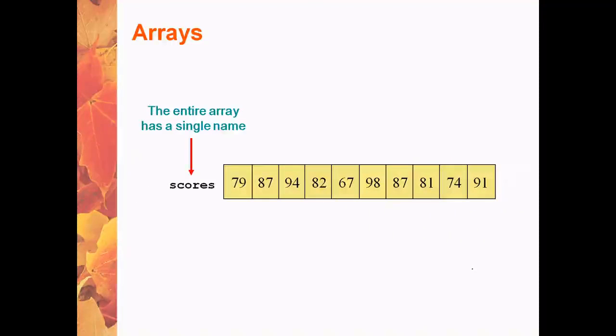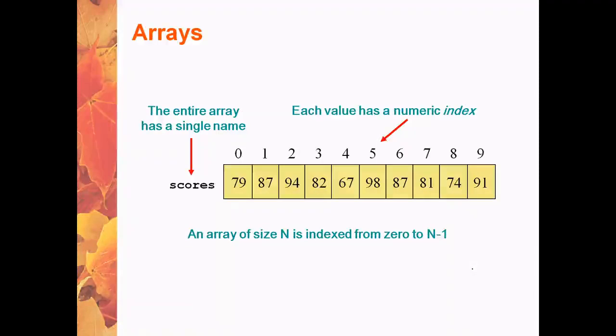Okay, we have a pictorial representation of an array. How an array stores values in memory has been represented in this particular diagram. So we have an array with the name scores which contains some list of values. Say the values are 79, 87, 94, 82, like this. An array always stores values in order, in continuous memory locations.